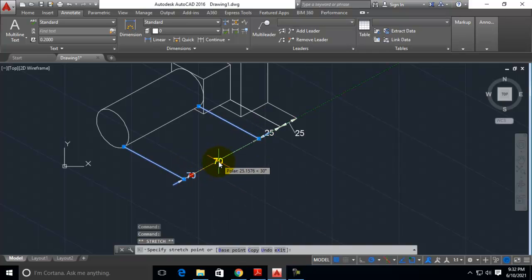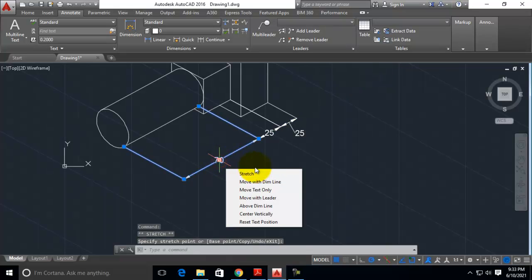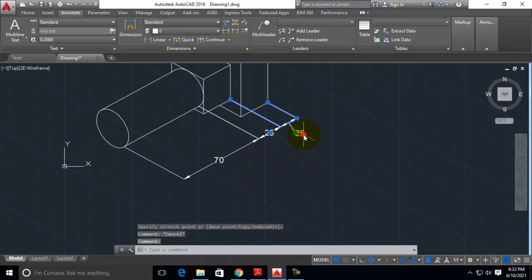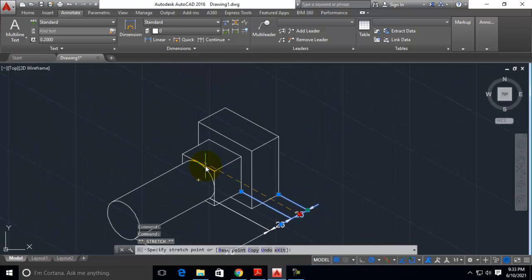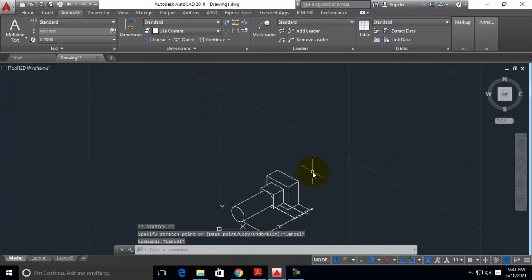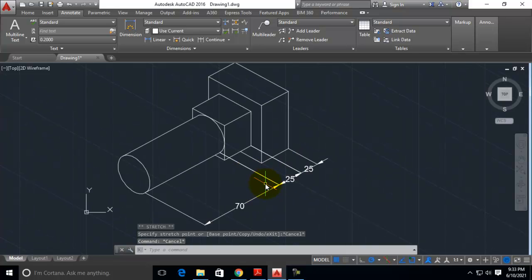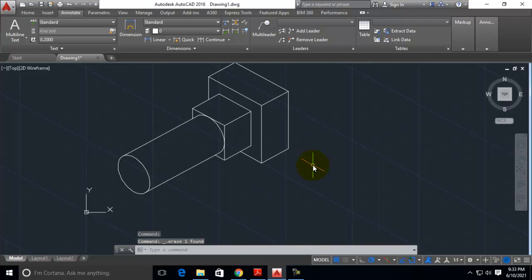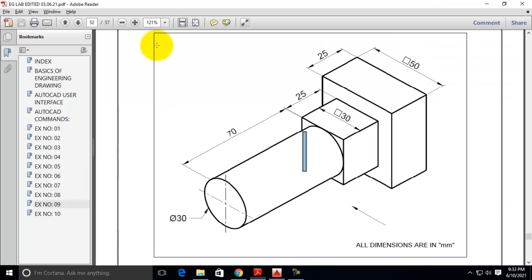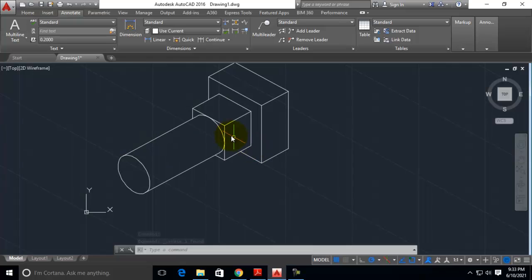back. Now just click over the 70 and move it accordingly in which way you want. Similarly you can move this 25 also at the center. If you want, you can move them. If you want to dimension them similarly given in the drawing itself, you can do like this. Again I am going to dimension them similarly given in the drawing. I am going to delete them, these 3 dimensions. I am going to dimension as it is given in our question above the cylinders.